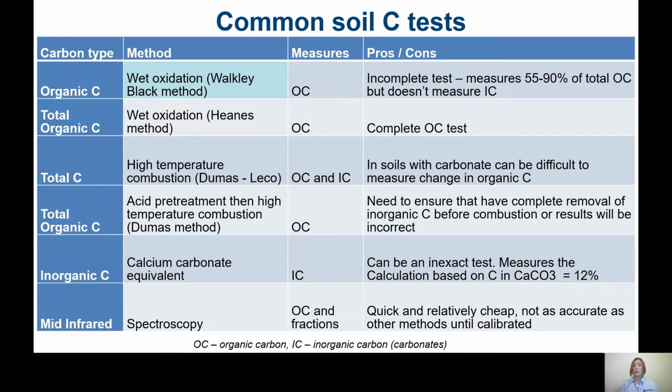The preferred treatment now, and the majority of labs are offering this, and I know AgPower is about ready to offer this commercially in the next couple of months, is an acid pre-treatment. So basically they add acid, they remove all of the carbonate from the soil, and then they test it through the LECO machine. And this is definitely a much more accurate test for us with calcareous soils about getting a really good total organic carbon value. Just be aware though that we've been sending samples off to different labs, and different labs have different methods of how much acid to add to the carbonate and how many times they will do it to remove it.